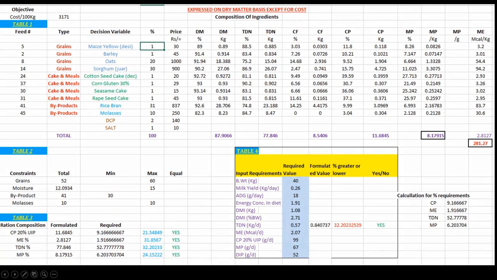Then there is an automatic change in the type and decision variables, and then we change the parts. And yes, definitely we can change the price and chemical composition in the background sheet. The rest of the calculations will be done by the software. And then we get table 4 where we have the input requirements and then the calculation for the percent requirement.